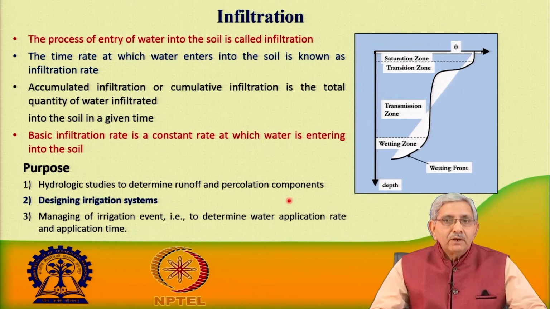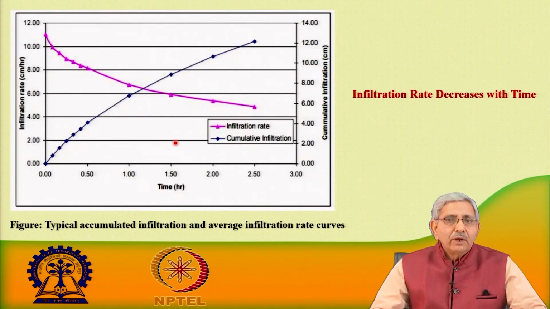We use the value of infiltration while applying a sprinkler system or a drip system, so that it does not form runoff. The application rate should match the infiltration rate of the soil. Now, when we conduct the experiment and find out the infiltration depth, we plot the cumulative depth of infiltration against time, and you find that this kind of graph develops.